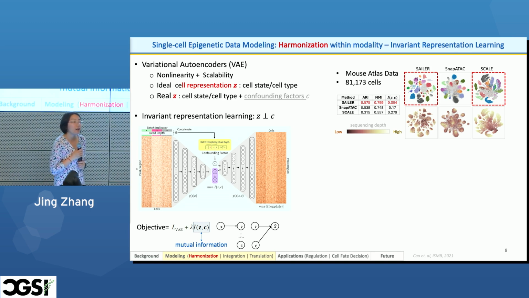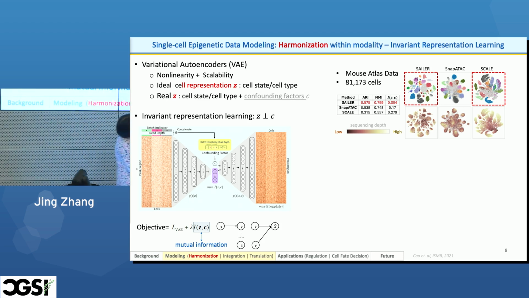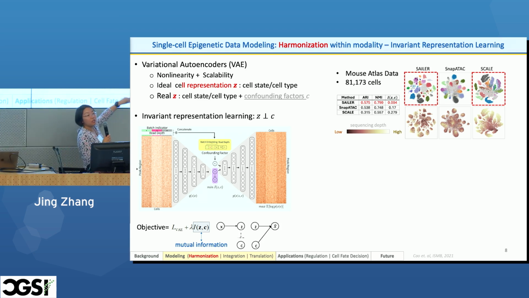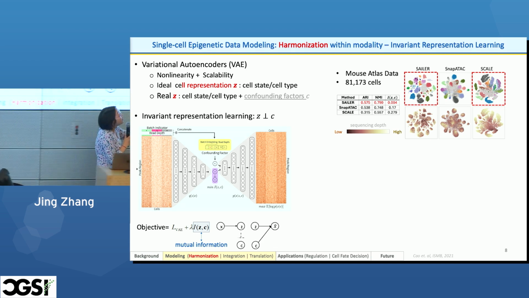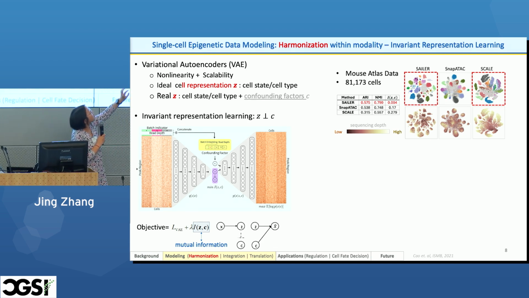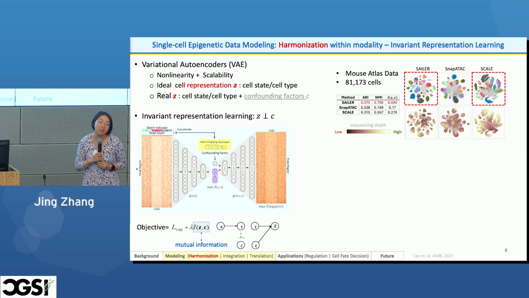And we checked why they have such shaped clusters. So we embed different sequencing depths on each cell, with the low ones using a deeper color, and the high sequencing depth cells using a lighter color. And you will see the vanilla version of the variational autoencoder has an obvious artifact, which means within each cluster, one cell's neighbors are the other cells that have been sequenced at similar depth, which masks the true biological signal altogether. Because we want to define the neighbors only based on the biological similarity, right?